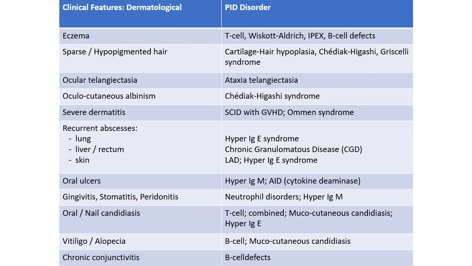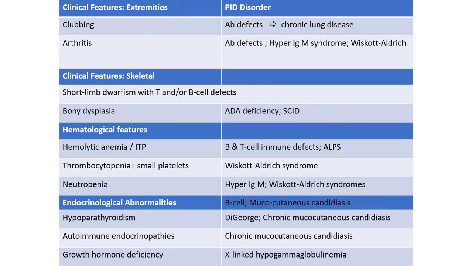This is a list that you will find in Nelson textbook of pediatrics about the clinical features that lead to a specific diagnosis. However, I don't think this is the best way to think of PIDs. In primary immune deficiency, it's the leading infections and the initial lab tests that will lead to that, but the clinical features that lead to suspicion of immune deficiency, you need to have much more experience in order to be able